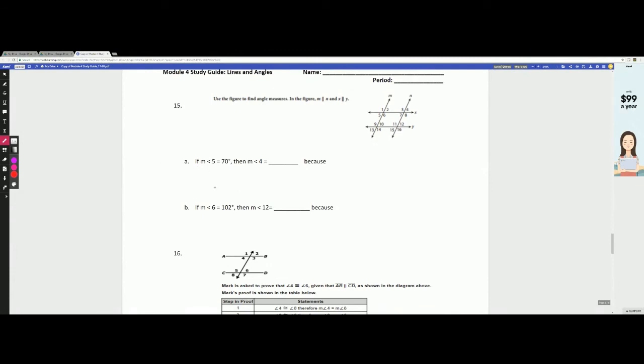Number 15, let's see, angle 5 is 70 degrees. Angle 4 is going to equal what? So let's see, angle 5 is 70 degrees. Then angle 4, well, let's see, angle 4. Well, isn't 2 a vertical angle, right? And also, if you think about line M and N being parallel, angle 4 is going to be congruent to angle 5. So that's going to be 70 degrees because of alternate